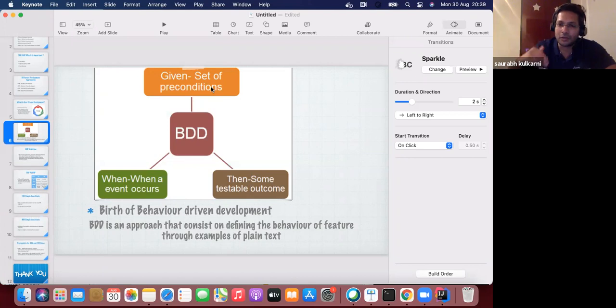Remember the analogy. I want to come to the house, press the bell, and the family should open the door. One of the family members should open the door for me. So what is the given there? A user should walk in there and press the bell. The bell is the second precondition. Third is somebody should be there to open the door. So these are the preconditions that need to be there. Then only the event will happen. Otherwise not.